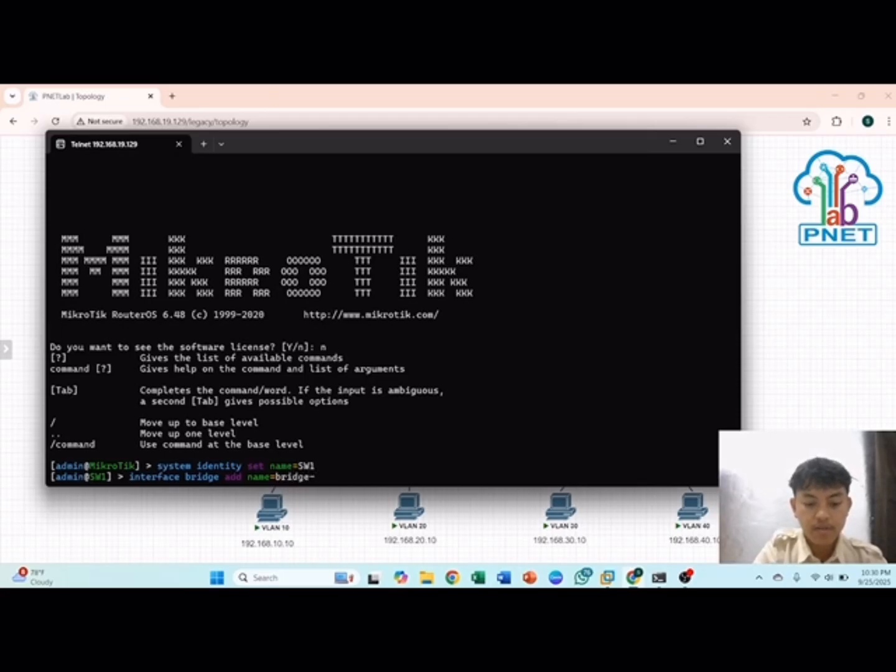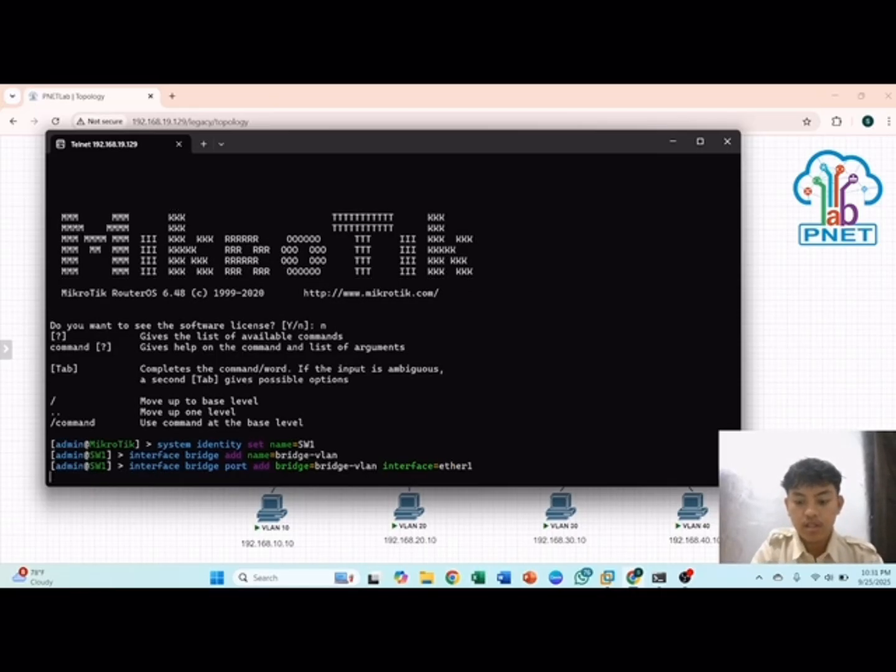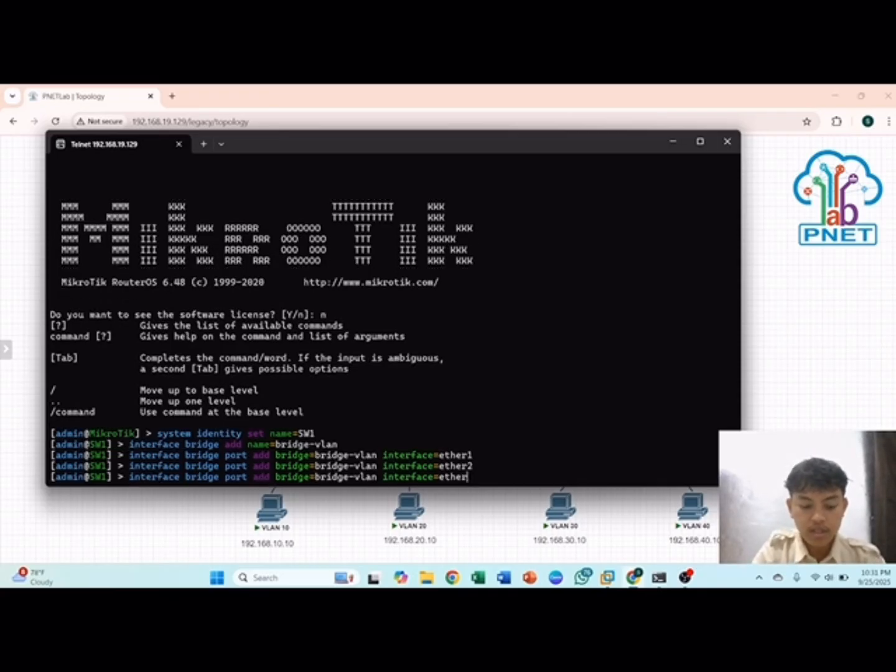Enter. Then interface bridge port, and you can put bridge VLAN and interface Ether1, put the same, and Ether2, same for Ether3.